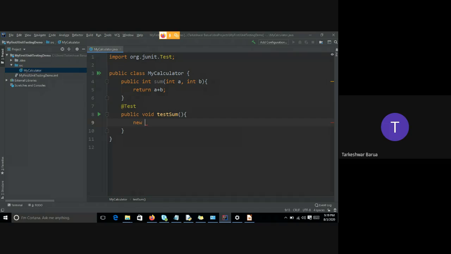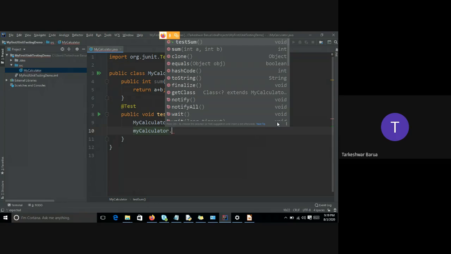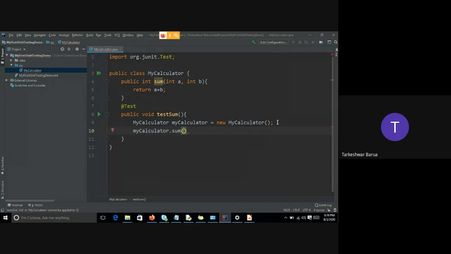So new Calculator. This is my object of Calculator, and with the help of this I can calculate the sum. Let's say I want to calculate the sum of 3 comma 5. 3 plus 5, how much does it make?